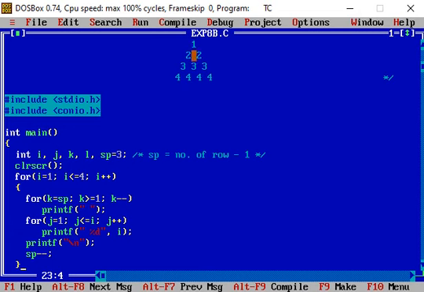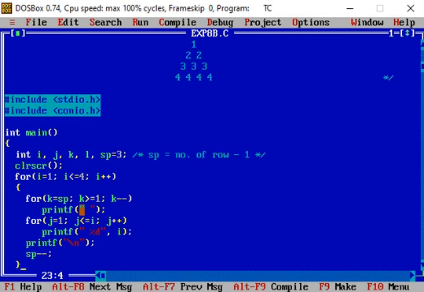Then in the second row 2 is printed after shifting the cursor 2 positions right. So in this way we have to decrement the value of space that is to be provided before printing the number. So that's why here k equal to sp, that is 3, is set.